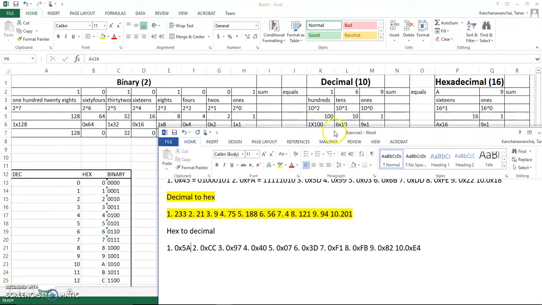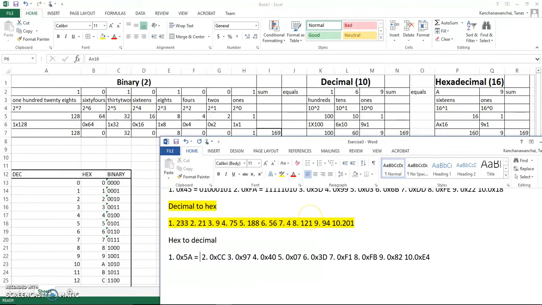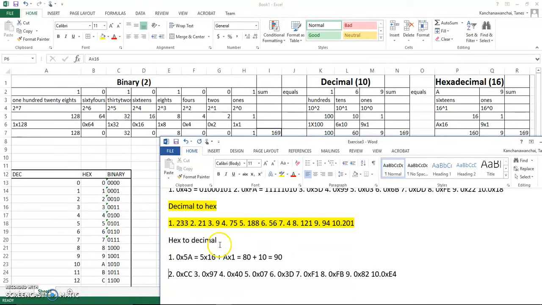For example, 5A is 5 times 16, because 16 to the 1, and then you add A times 16 to the 0, which is 1. So 5 times 16 is 80, plus 10, because A is 10. So it's 90. That's the answer for that one. Alright, the rest should be good. So next video we show